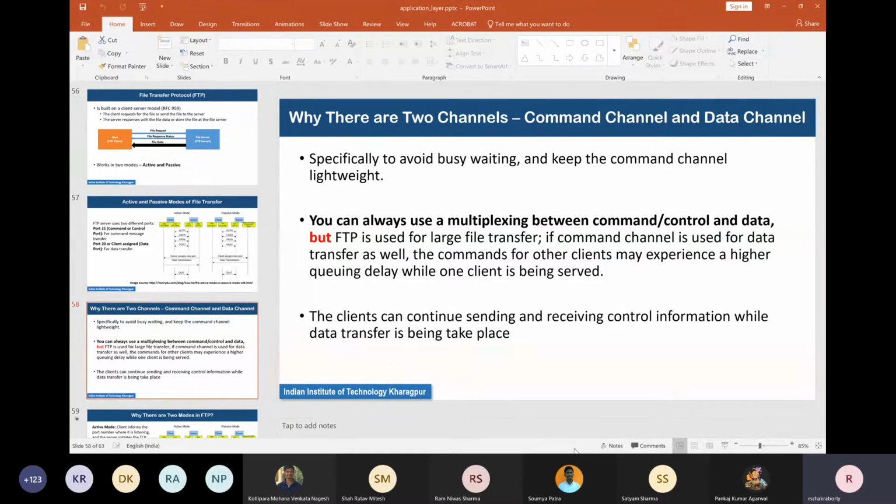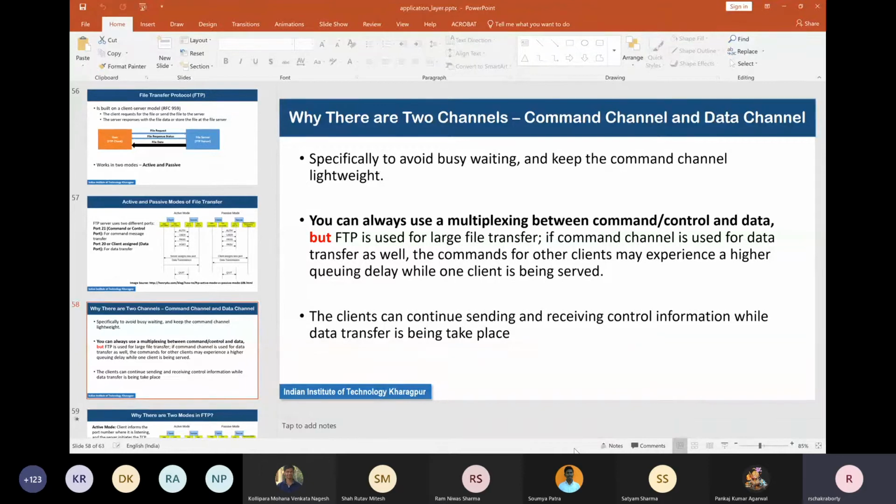Of course there will probably be other threads or child processes to handle these requests, but still, if you are sending too much data traffic to the same port, then the command traffic might get affected for the other clients. So the other clients, for no fault of their own, might